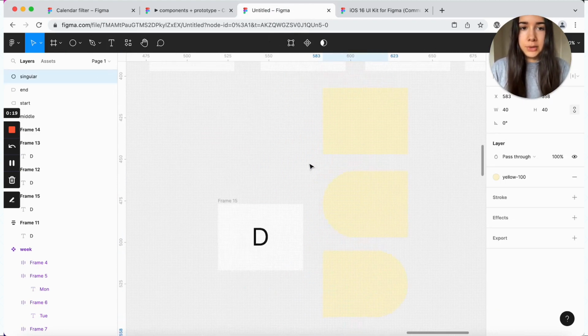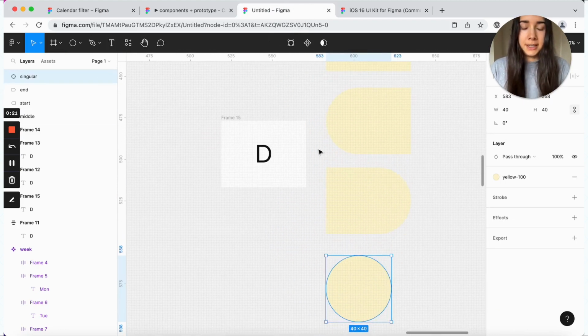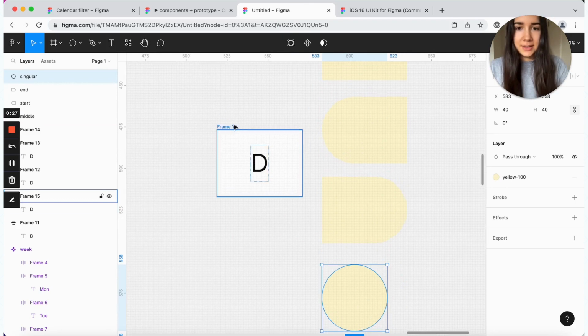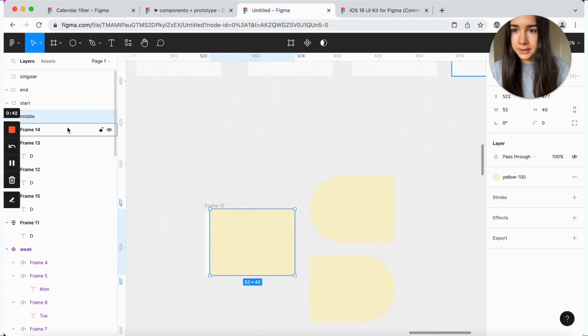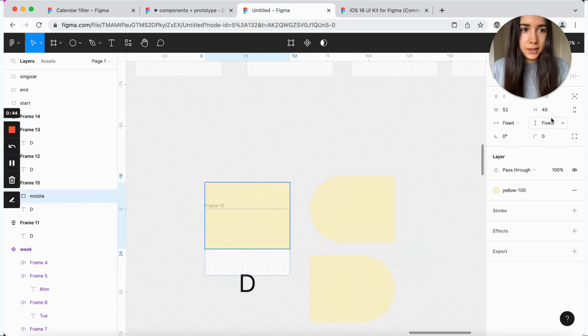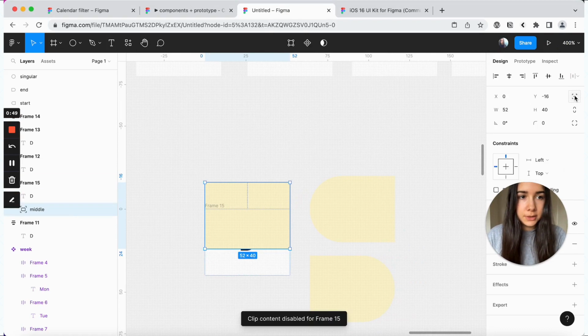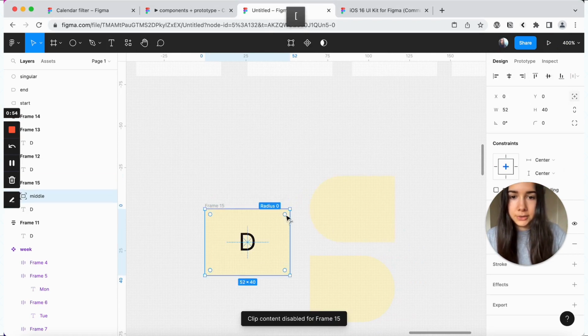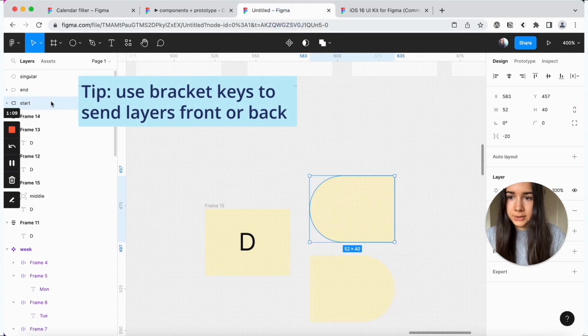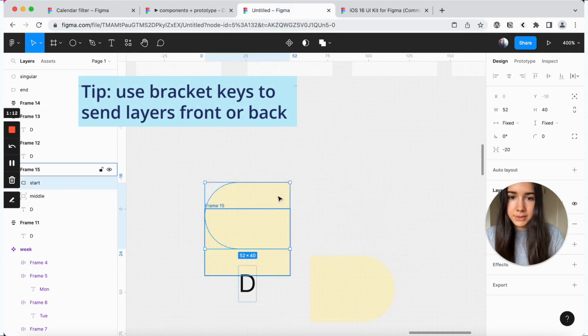And what I'm going to do now, I'm going to take all of these shapes and I'm going to place this just inside this one frame here. So let's take this and we'll place it inside. And we want to set the position to absolute. And it's just going to be in the middle. And we'll send it to the back. Then we're going to do the same thing with the remaining shapes.